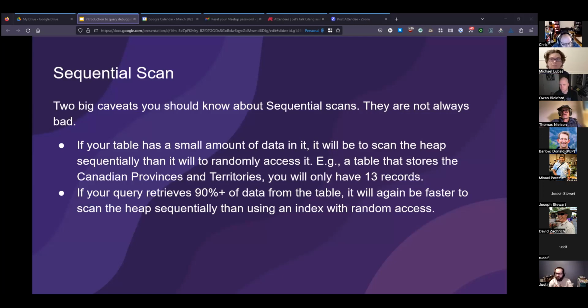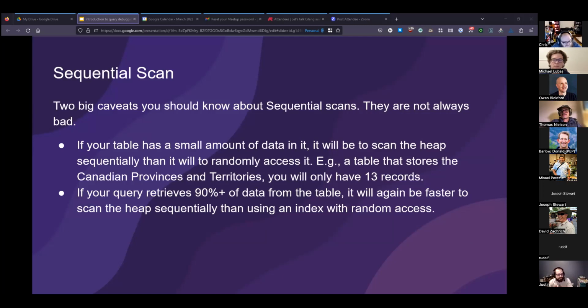It's going to be faster to just read from disk instead of hopping back and forth from memory to disk, and it's just a fact of life. It's going to be faster. Postgres knows what it's doing. It's still performant. The other one is that if you are pulling out a sufficiently large percentage of your data,